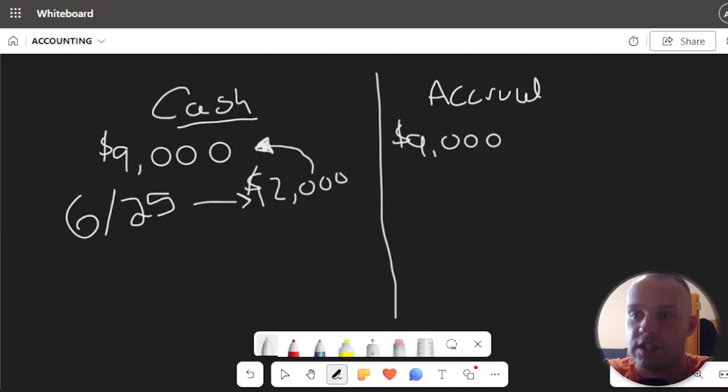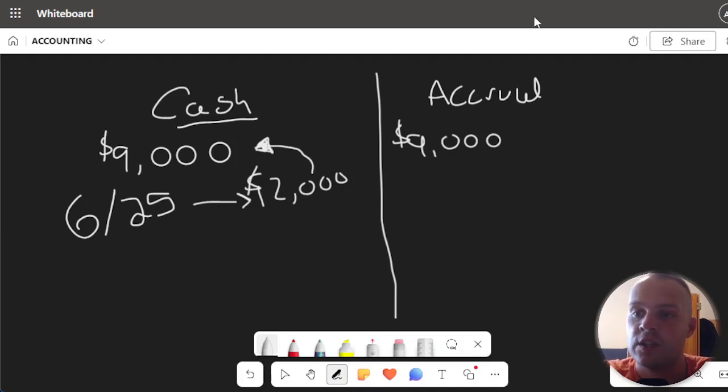Now, the reason people use accrual accounting is to try to match the revenue to when the work is done. As a real estate agent, a lot of your work is done either once you have an accepted contract, like a purchase agreement, or maybe after the appraisal.